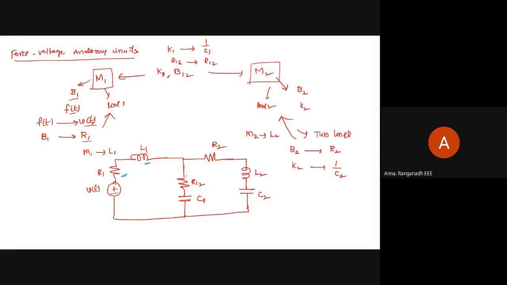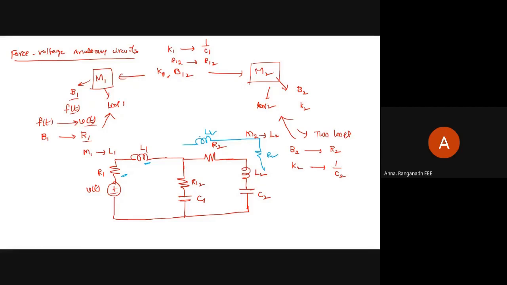Anything else? Any doubt? Sir, in place of R2 can we write L2, that is M2? Yes, you can, because these two elements are in series. Suppose some people have doubt: here you can write L2, here you can write R2 also, no problem, because both are in series. If R2 and L2 were related to some other loop, you should not write that. But both are in series now. You can write L2 first or R2 first, it's not a big deal.